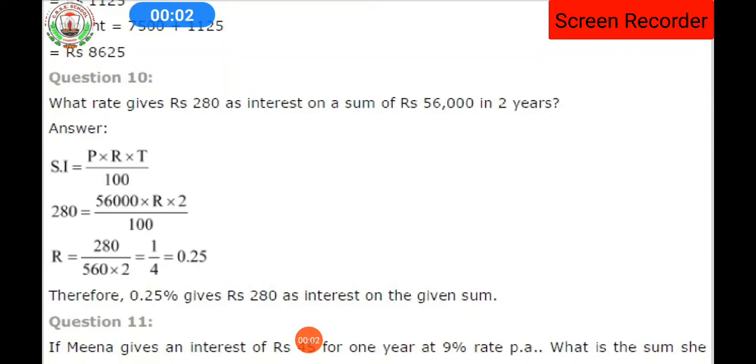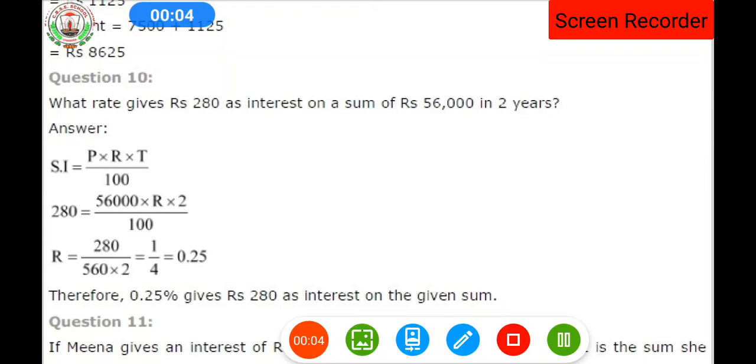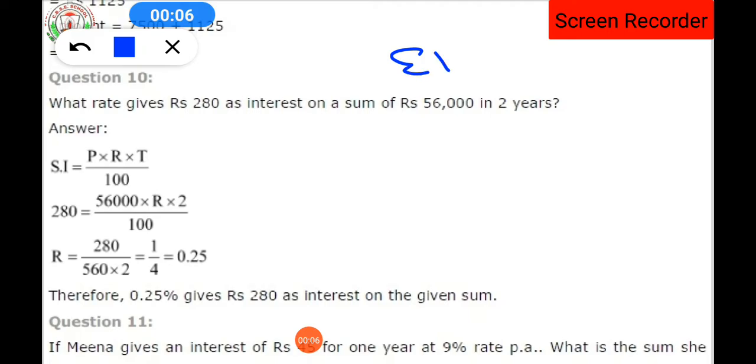Everyone, here we are going to see question number 10 and 11 from exercise 8.3. So dear student, this was the last question from chapter number 8, exercise 8.3. 10th and 11th will be the last questions of this exercise. After that, this chapter will be completed. Clear? So dear student, one more thing I would like to tell.